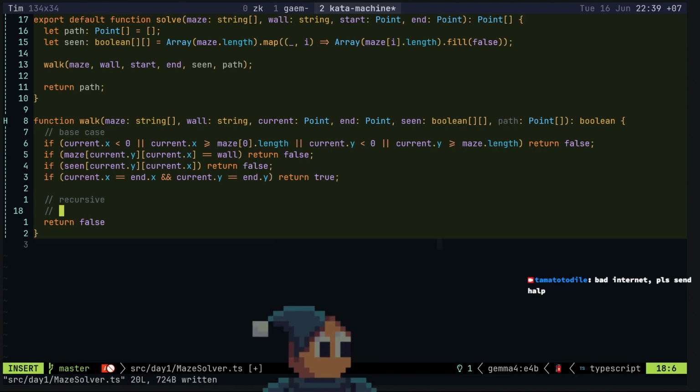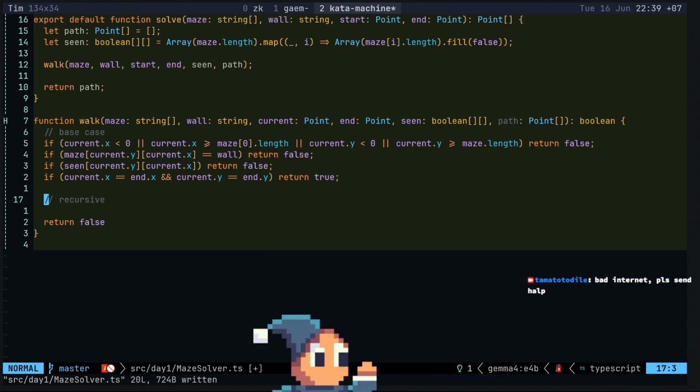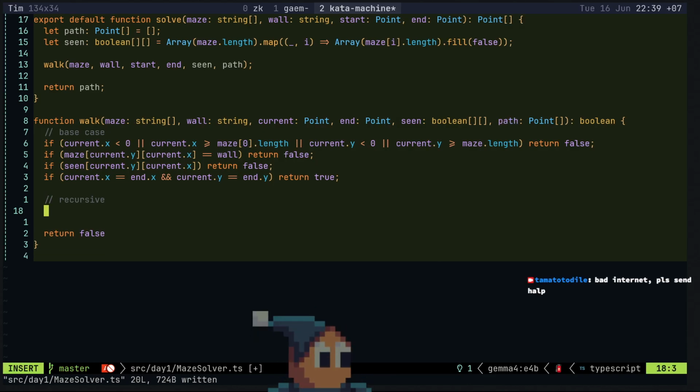Perfect. Now to the recursive case. So we first flip the bit. Current X. True.